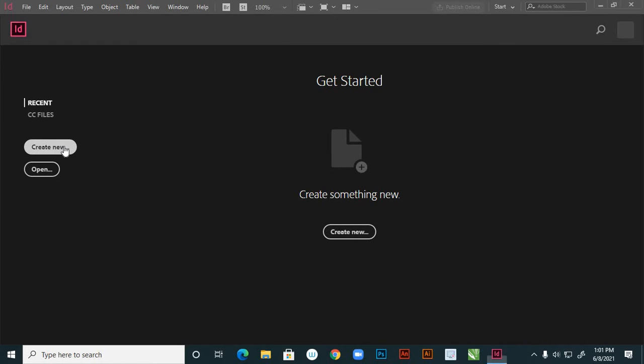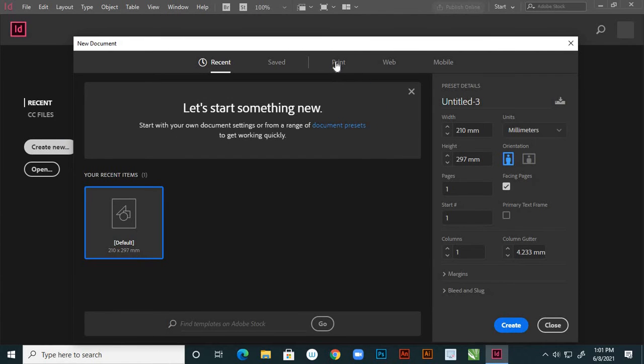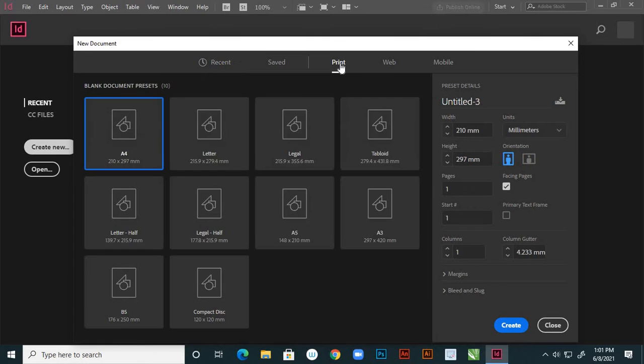So, create new. I'm creating one page. The new page can be any size. For the time being, you can take A4 or any size. Click here, choose Print and A4, and keep the preset details as they are.